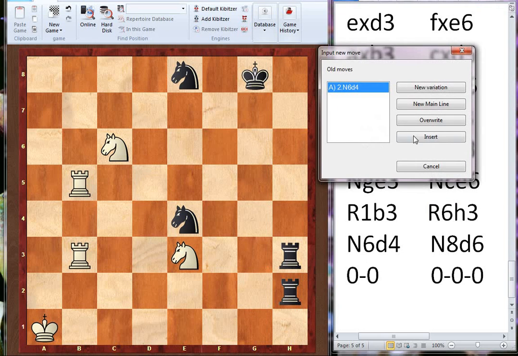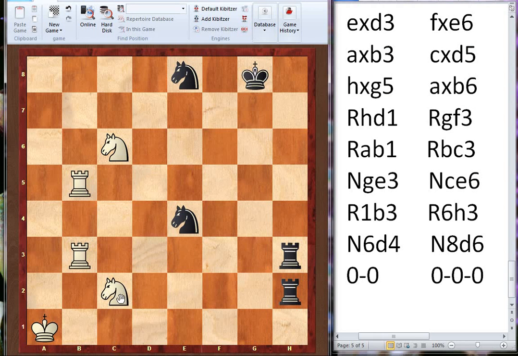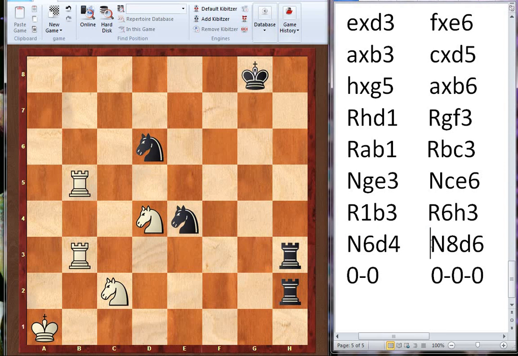Now look at the knights. This knight moved to this square. Now, this knight moved to this square. How will we write? He came from the 6th rank. So knight 6 D4. Knight on 6th rank moved to D4. This knight moved here. So 8th rank knight coming here. We will write knight 8 D6. Okay friends, this thing, giving a reference of file or rank, happens with rook and knights.